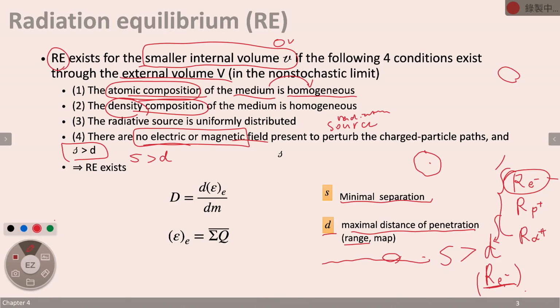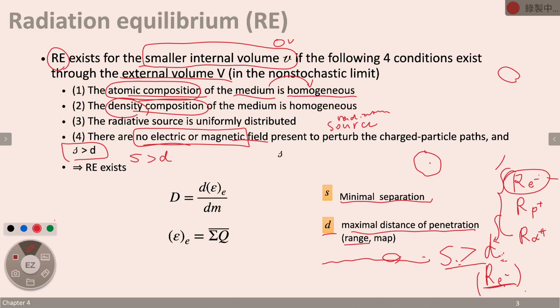one to do the judgment, right? You don't need to check all of it because the electron range is the longest one. So you choose this one to do this kind of judgment. Okay? Alright, so if your separation is greater than this one, then these four conditions make sure this exists,